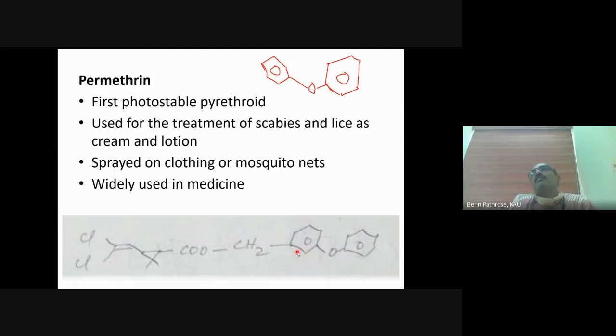It's not the one which is commonly used. The commonly used, Medicare, Abhishek, it is not Medicare. Medicare doesn't contain pyrethroid. Earlier, Medicare had pyrethroid, permethrin. But nowadays, they have gone to some organic compounds. It doesn't contain pyrethroid.